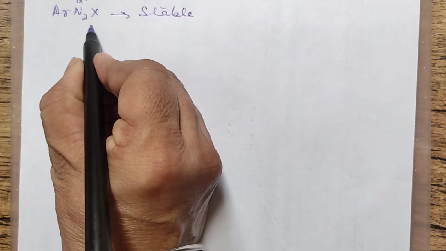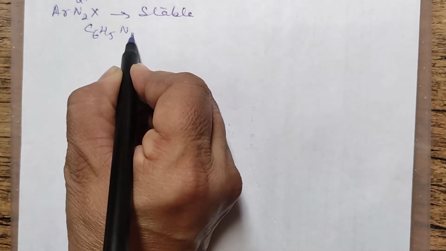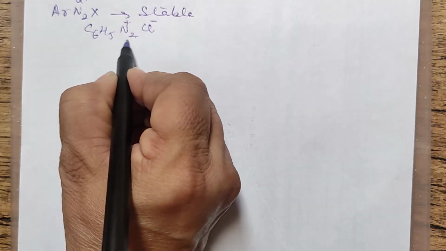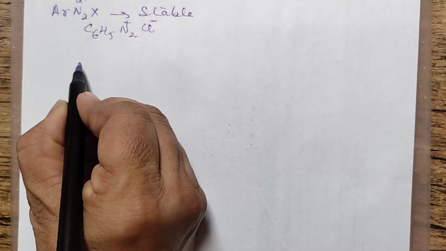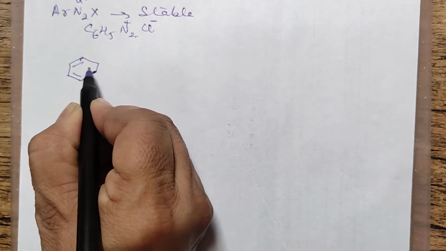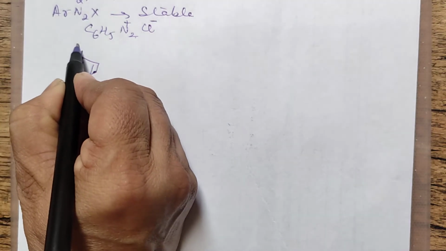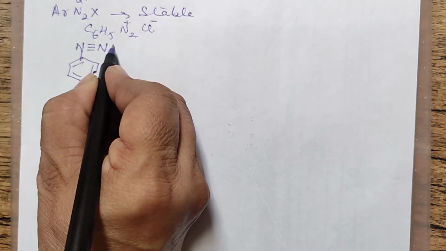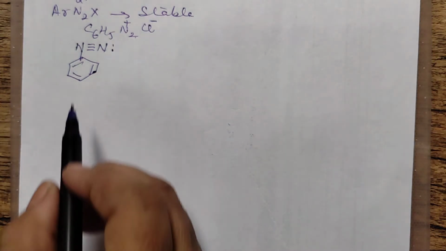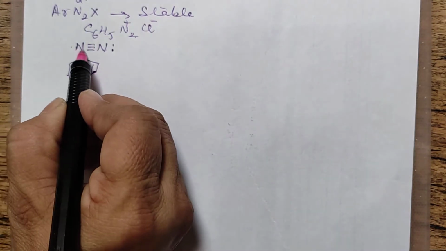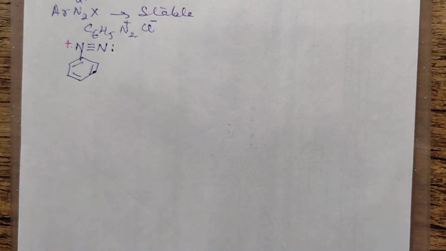Now let me draw that. Say we are taking the example of C6H5N2Cl. This part is N plus, this is minus. So this part we are saying is quite stable. Now why it is stable, we will explain. So this is the ring part. Let us first complete the ring. There is a single bond, there is a triple bond here and N. On this N there is a lone pair. And because this N has 4 bonds, N will be positive over here.